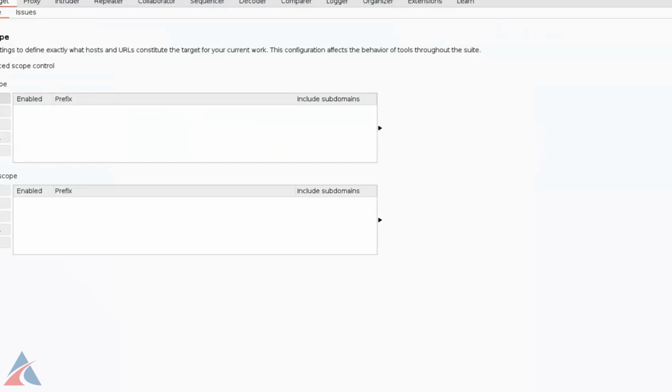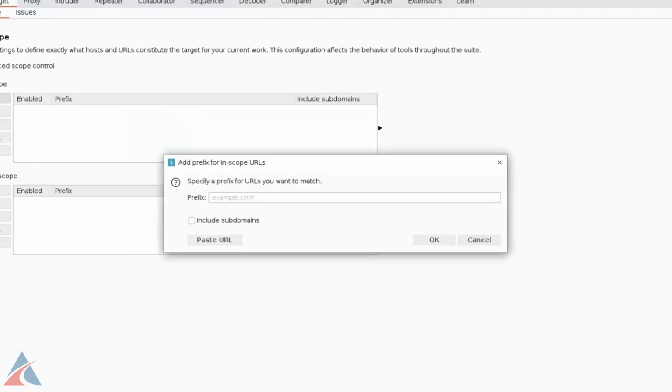So you can simply click on add. You can exclude from scope as well. So let's say if you don't want any particular domain to get tracked, the requests not to get tracked in your Burp Suite, you can add it in the exclude from scope, and here include. You just simply have to click on add and add the URL. So let's say google.com you want to exclude. Sorry, add only google.com and you can click on OK. If you want to include subdomains, so if you see